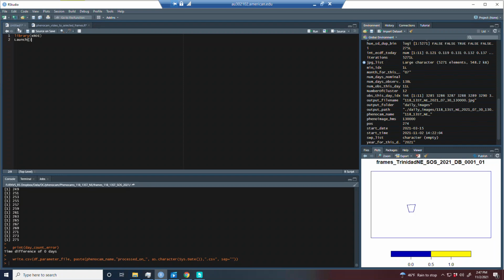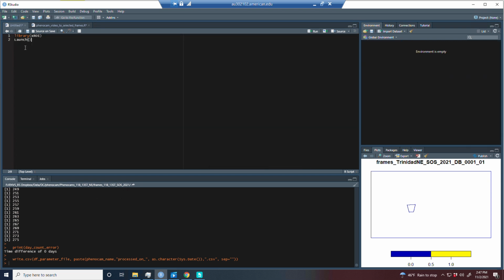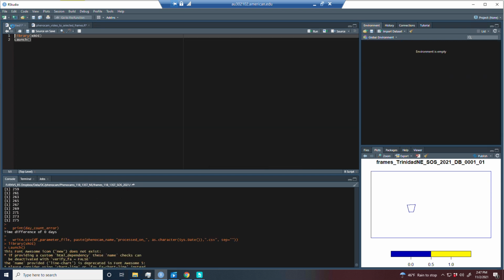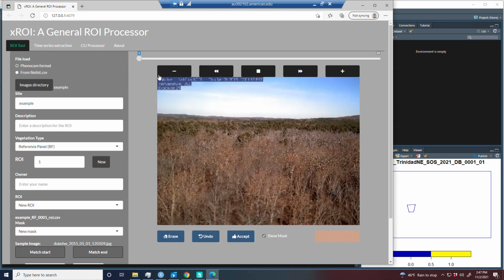So now we're on to ROI processing. So I've got R open, and you just need these 2 lines of code. I just typed them in each time. I don't even have an R file. Let me just clear out my other stuff there. And we'll just run that code and it will bring up this Shiny app where we can do the actual